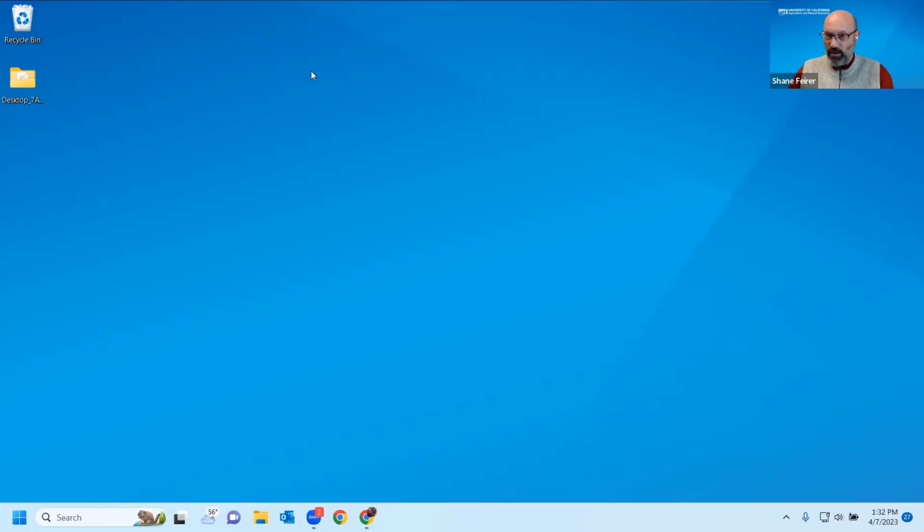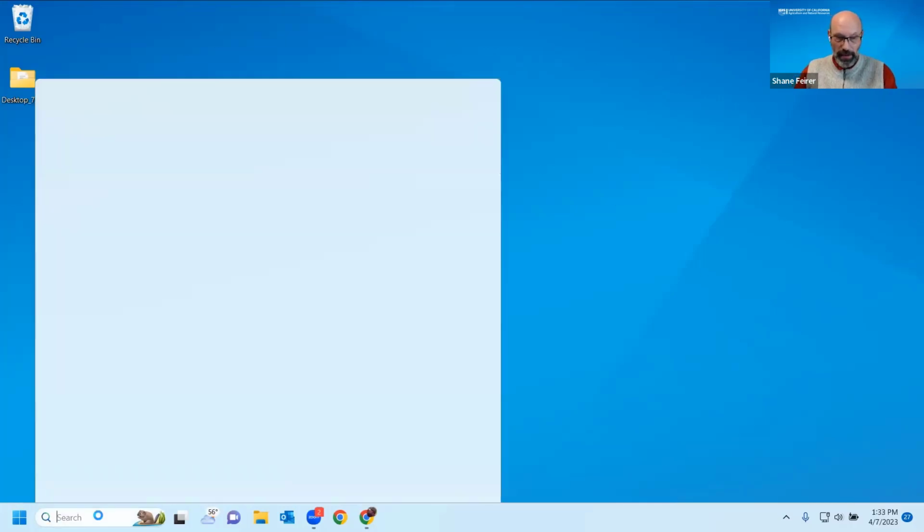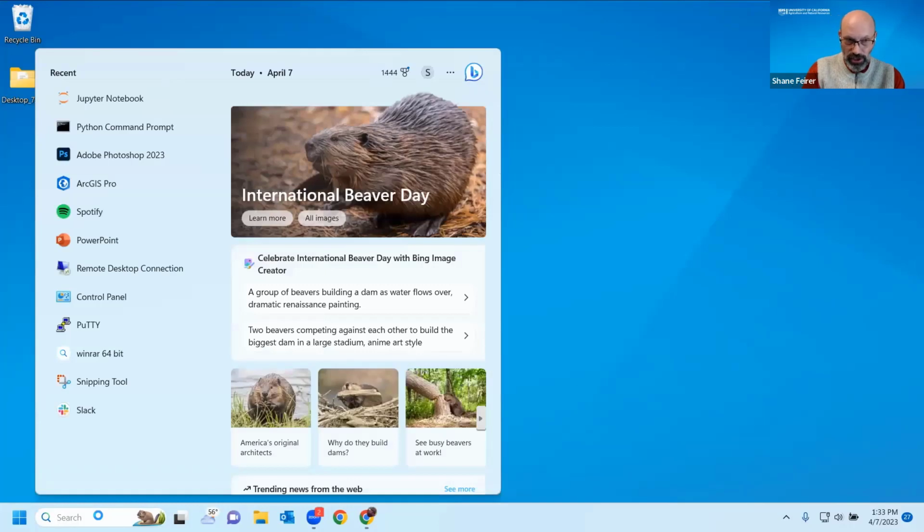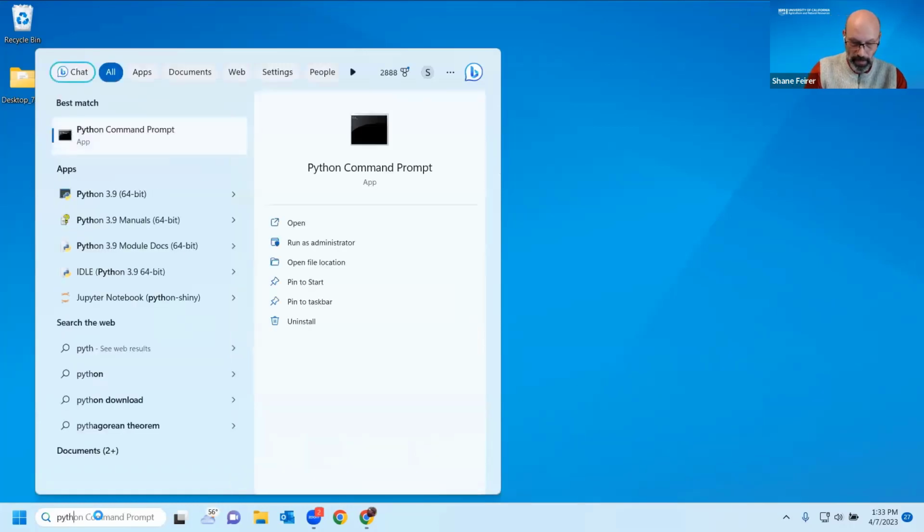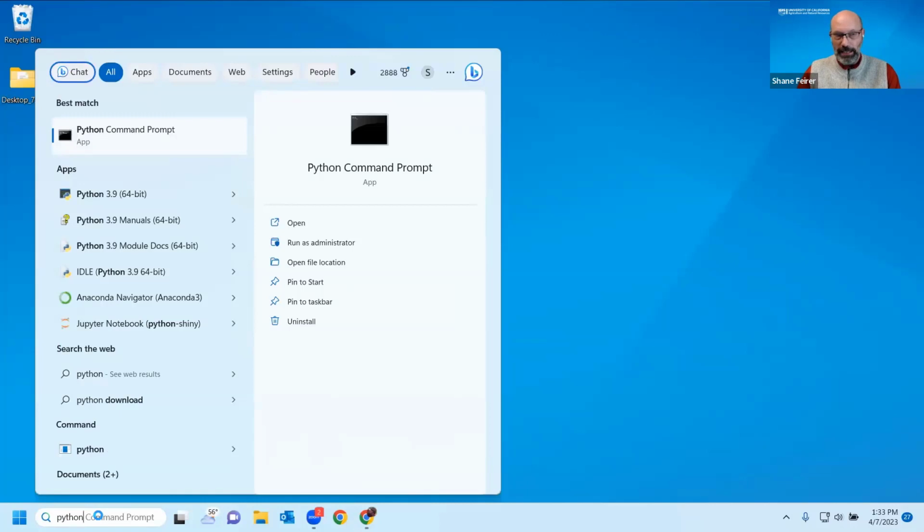So if you wanted to actually go in and just use the basic Python interpreter and the shell, you just go to your window and you type in Python. This is within Windows. And I should note that ArcGIS Pro, it hasn't been said yet, but ArcGIS Pro is only available for Windows 64-bit operating systems. So you wouldn't be able to do this like we're talking about right now on a Mac, unless you had a Windows machine running inside of Fusion or Parallels or something like that. So I've gone in here and I've searched for Python. The first option that comes up is the Python command prompt. So if I click on that,